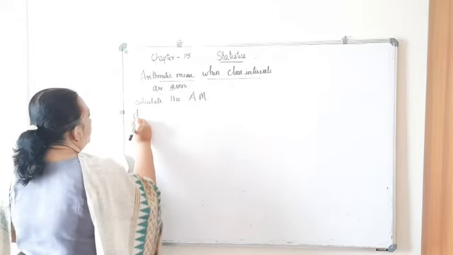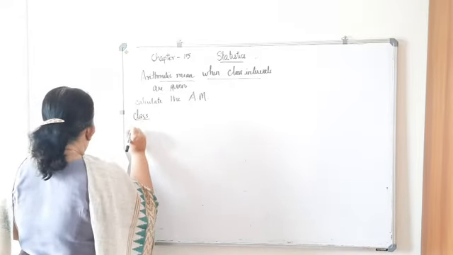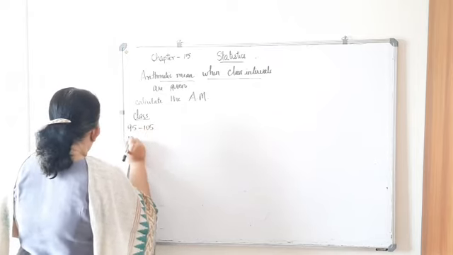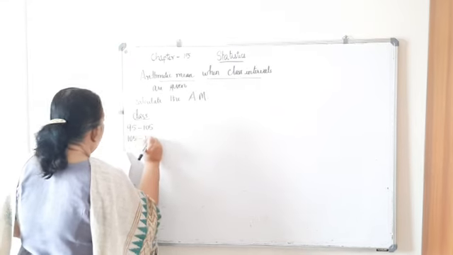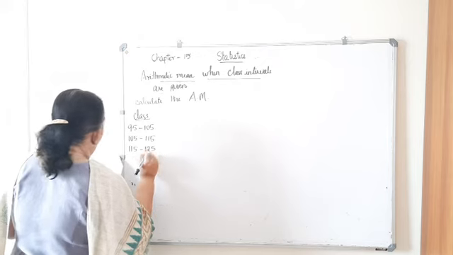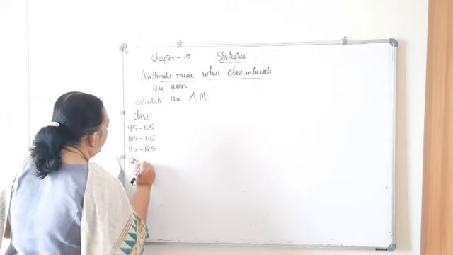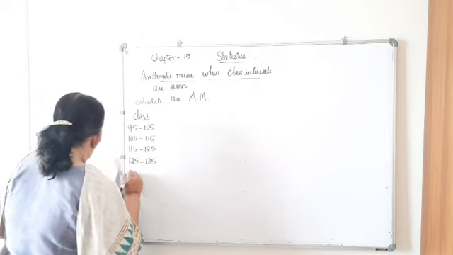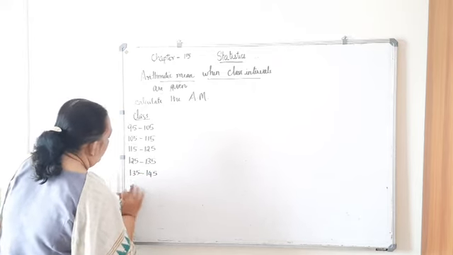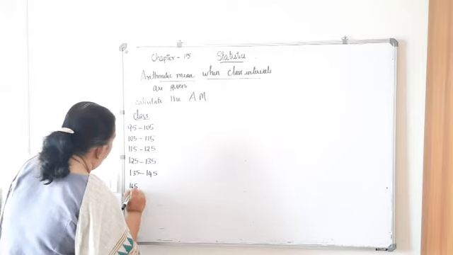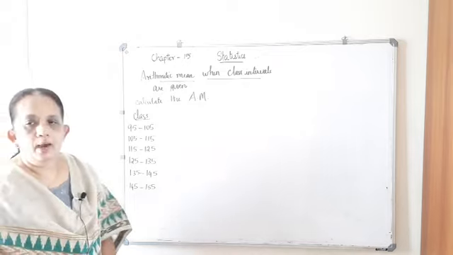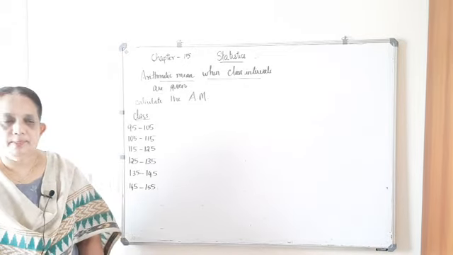Class: 95 to 105, 105 to 115, 115 to 125, 125 to 135, 135 to 145, 145 to 155. Whenever you are asked to calculate the arithmetic mean,